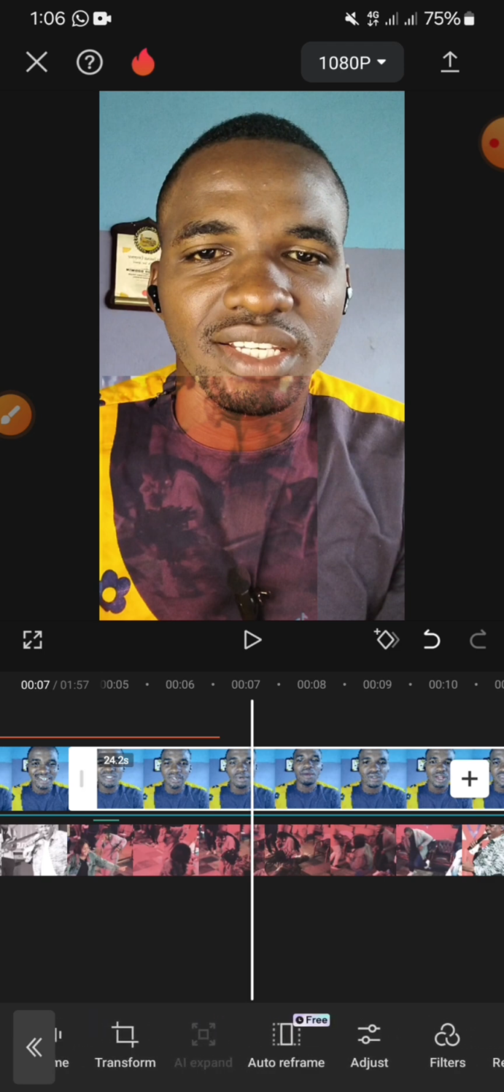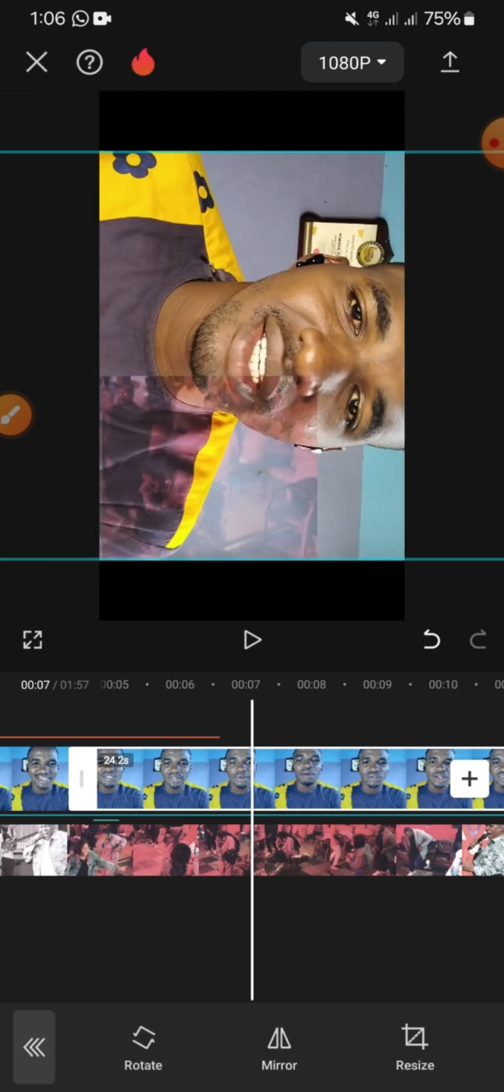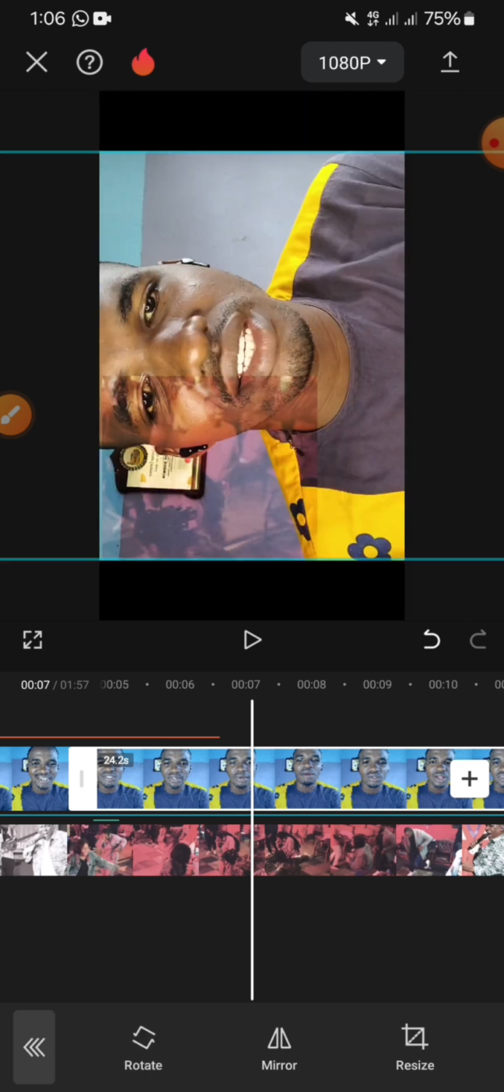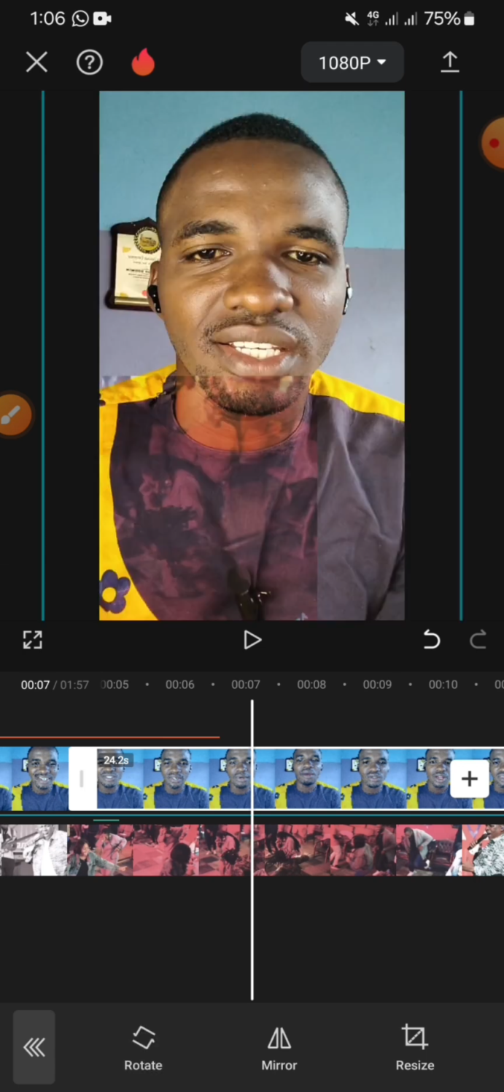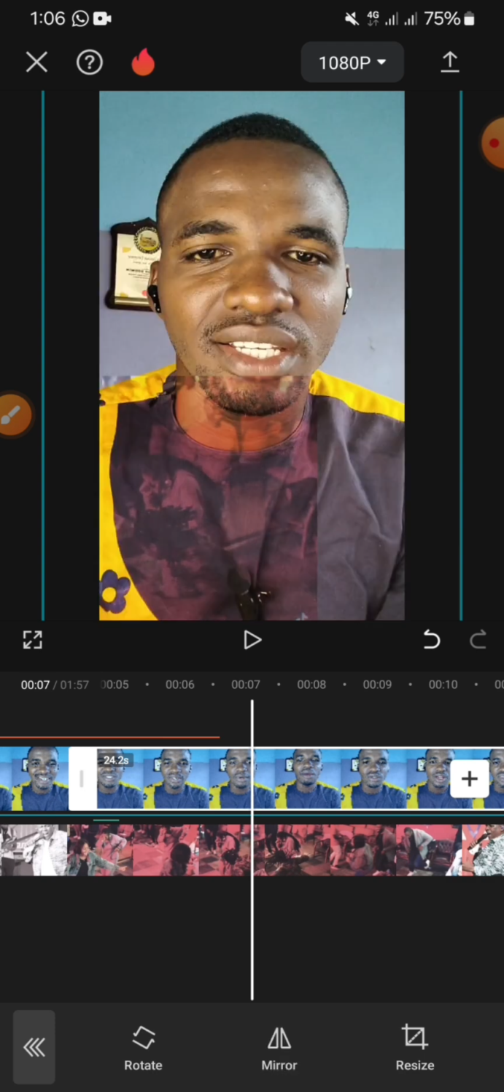Let's go over to transform. Transform is where you rotate your video, mirror it, or resize it. So if I click on rotate, you see it rotates. If I click on mirror, it changes the position of your video. If I click on resize,